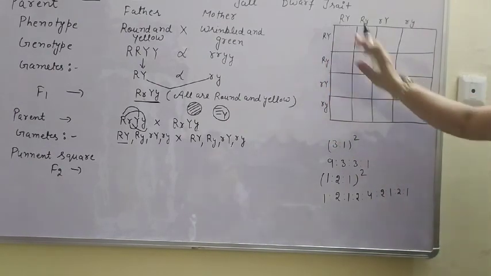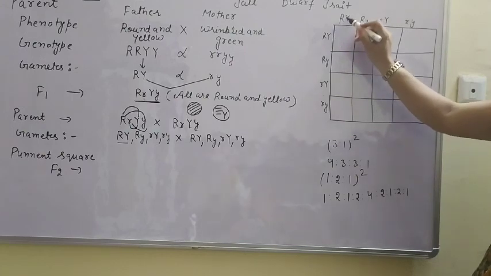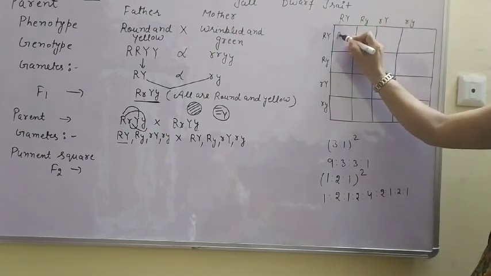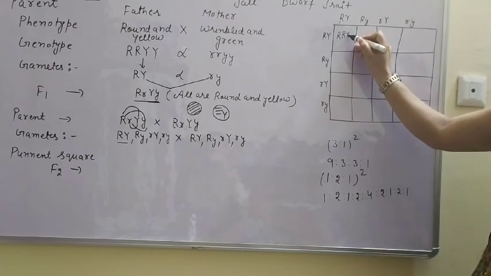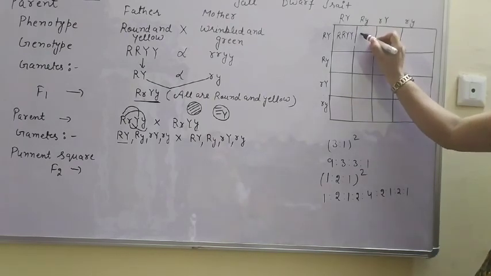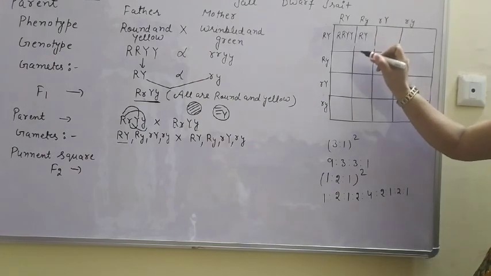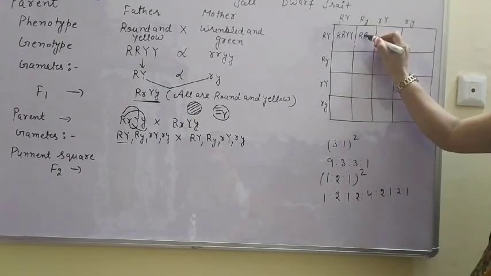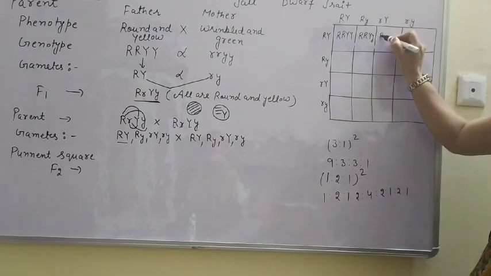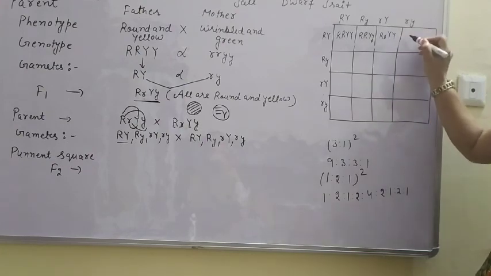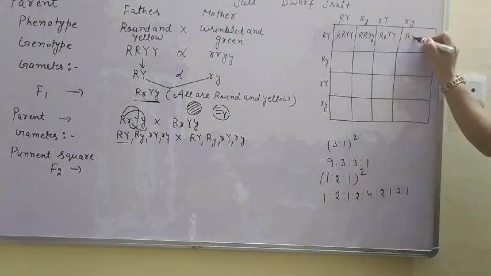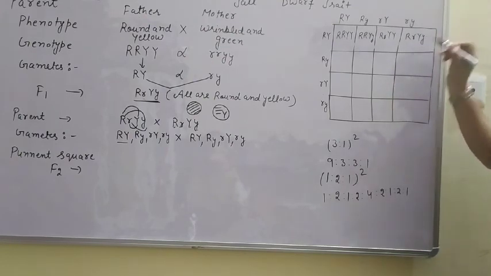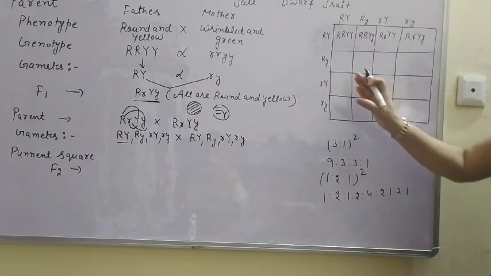So now how can you fill it in? Firstly, you think of both of these. What you have to write is capital R, capital R, capital Y, capital Y. In the second case, capital R, capital Y, not Y firstly. Firstly you will write the R letter. So capital R, and capital Y, small y. Then capital R, small r, then capital Y, capital Y. Then capital R, small r, capital Y, small y. So like this you can fill all the boxes.